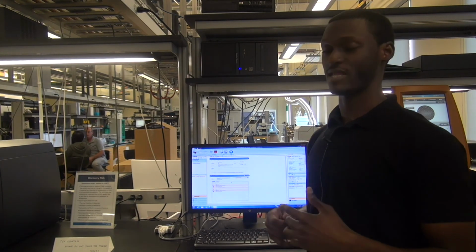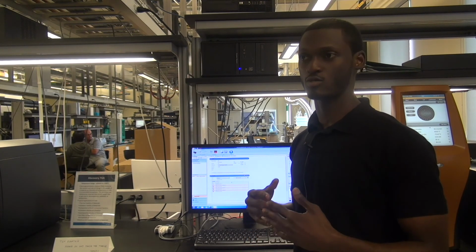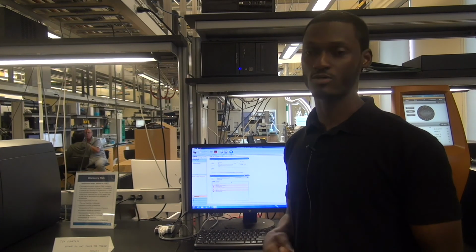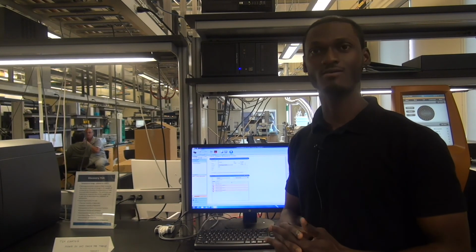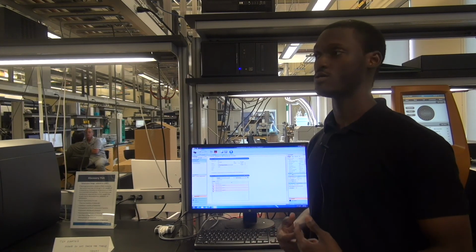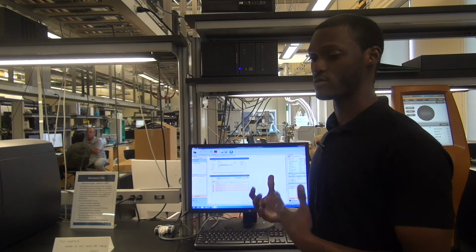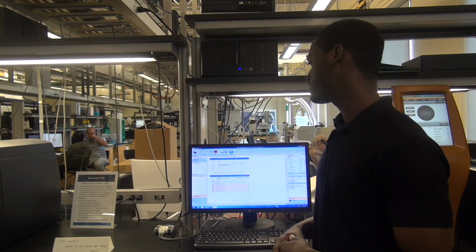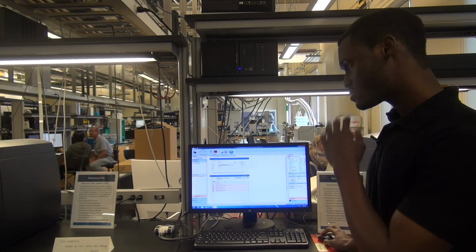Okay, but that's a really good question, because you don't want to randomly choose these numbers. You want to make sure that you have some control and some understanding of where the numbers are coming from and why you're using those numbers before you get in and just type in whatever. That's not really a good plan. So make sure that you know and understand what you're trying to see from your material, how stable your material is, things like that, so that when you come here to do the DSC, you have an idea of what you are expecting to see. Okay, that's a really good point. So going back to this,